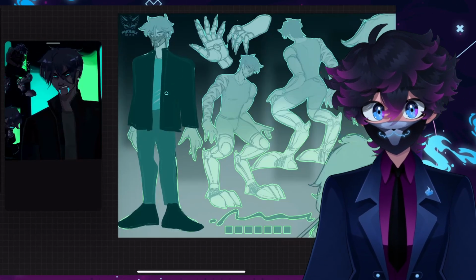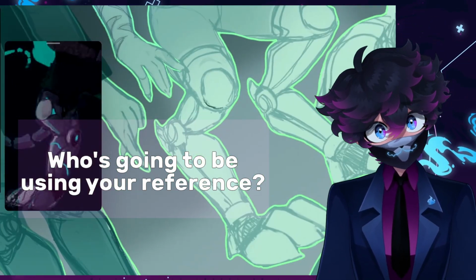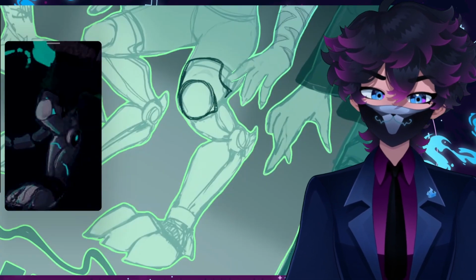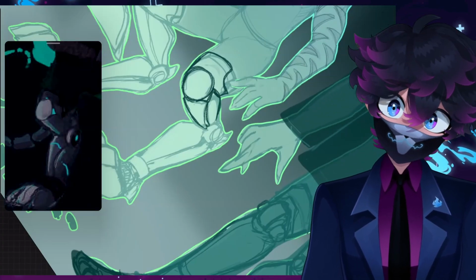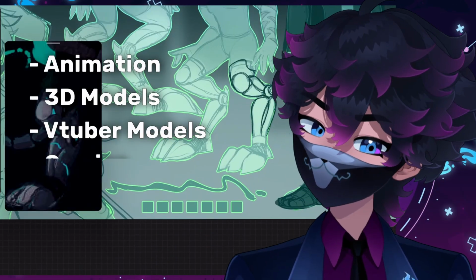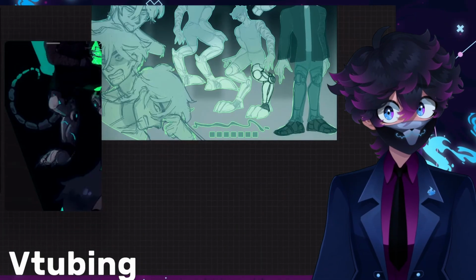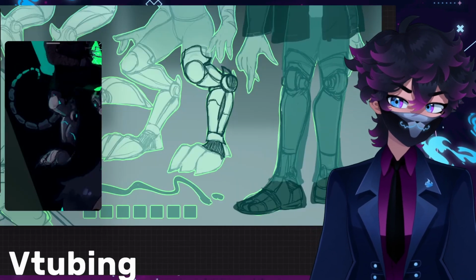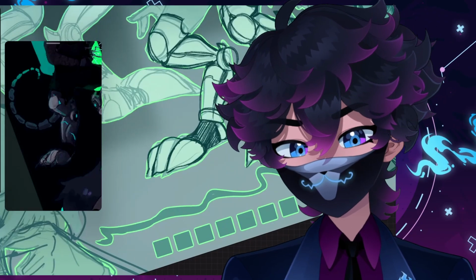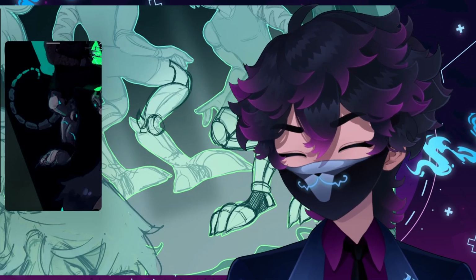The next thing we're going to be considering is who's going to be using your reference and whether it's for a short-term or long-term project. As an example, think one-off illustrations from individual artists versus works that may require more consistency. Here's a list of where character references may show up. When it comes to VTubing, sometimes a reference can just be there for anyone who's interested in making some fan art. Other times, a VTuber may want to have more brand consistency, this being more relevant for the types of